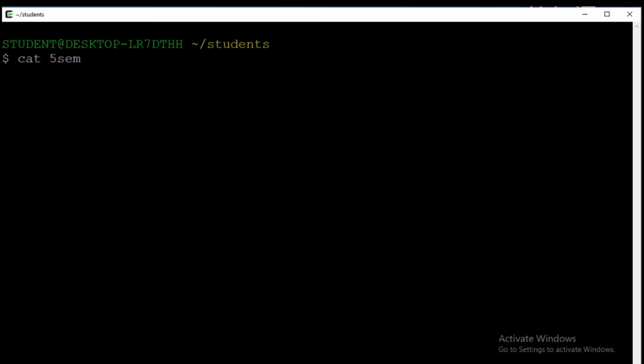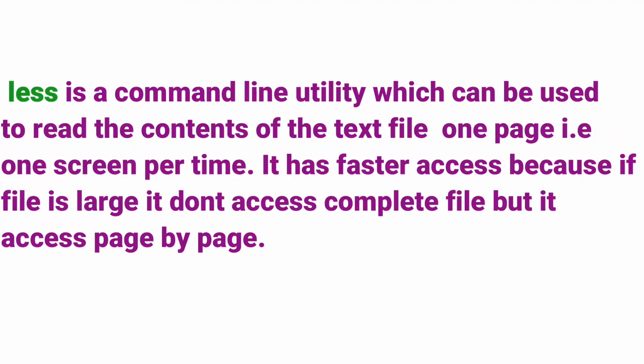We have one such command that can be clubbed with the cat command, that is the less command. So what exactly is the less command? Let us see. Basically, less is a Linux utility which can be used to read the contents of a text file one page, that is, one screen at a time.